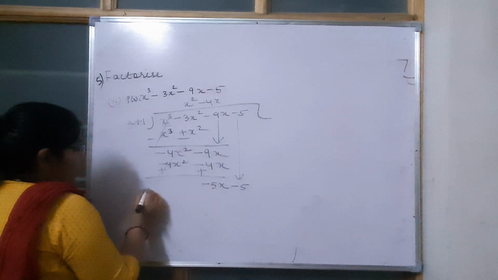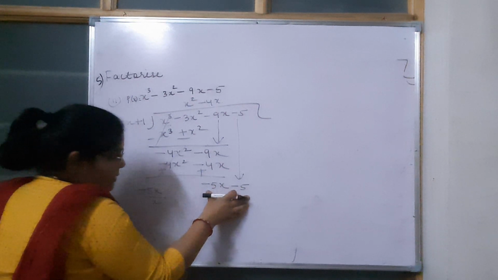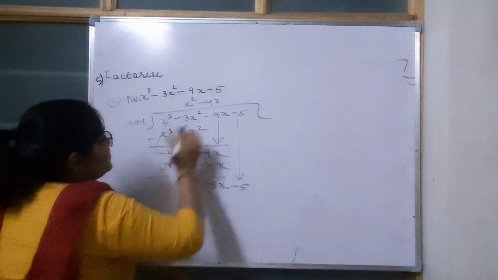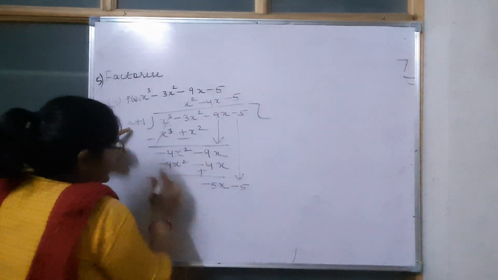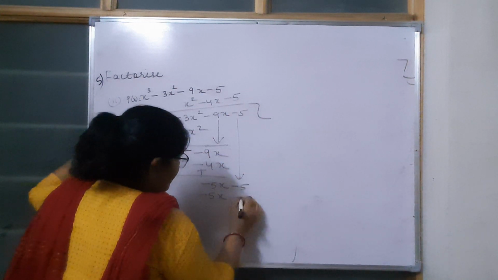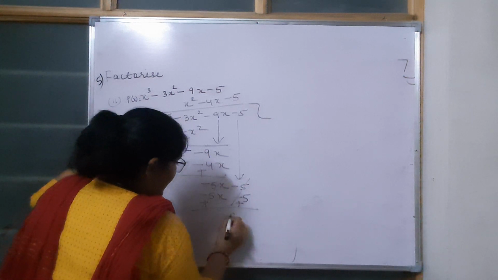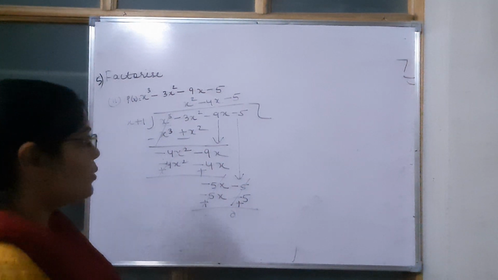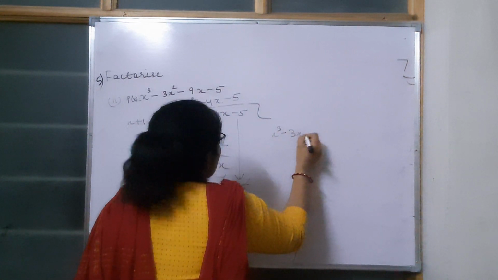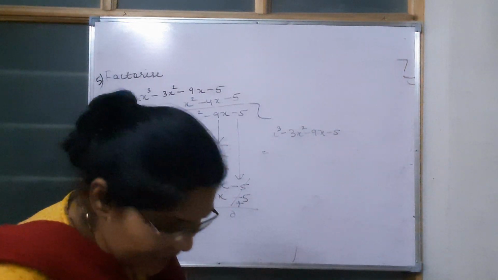Again, what do we have to do? We will divide minus 5x by the first term of the divisor. This is minus 5. Now minus 5 multiplied with x is minus 5x. Minus 5 multiplied with plus 1 is minus 5. Changing the sign, plus, cancel, cancel, and the remainder will be 0. This implies that x cube minus 3x square minus 9x minus 5 is divisible. I hope everybody is very much clear with the second step.